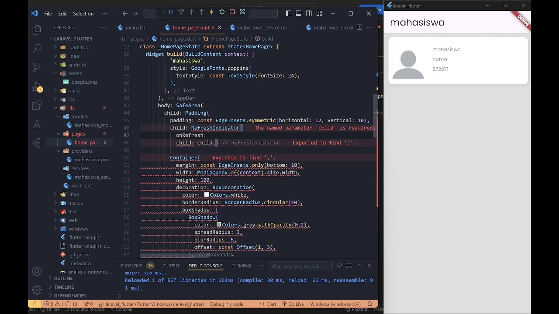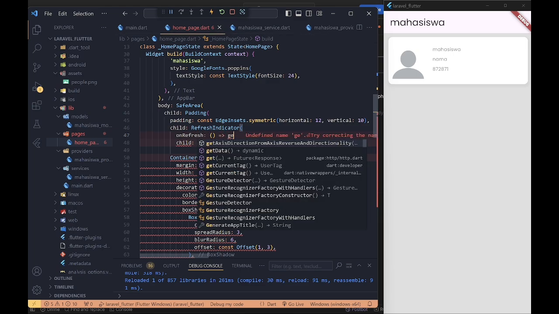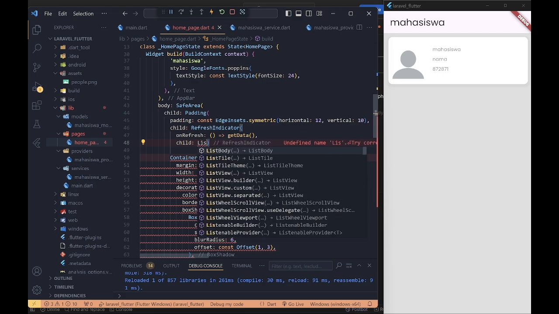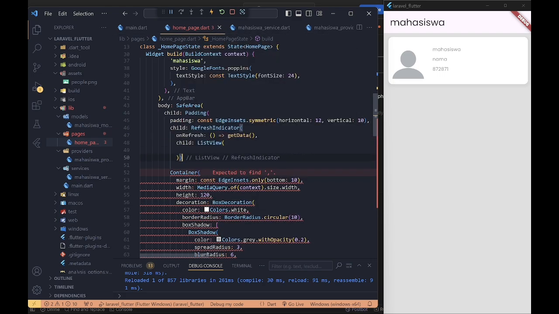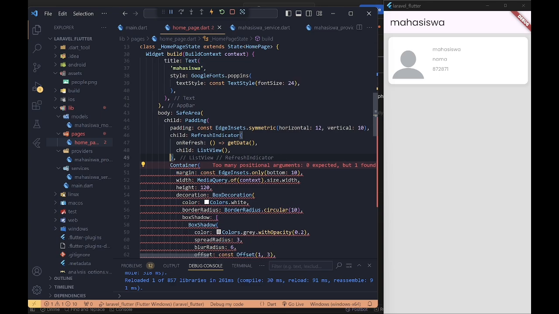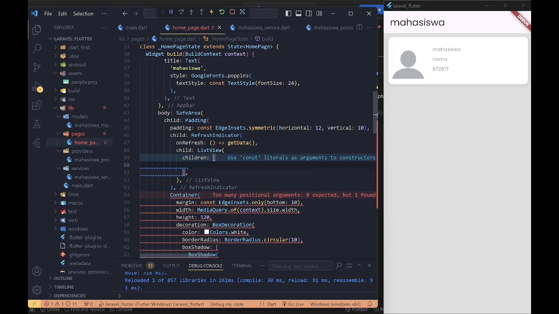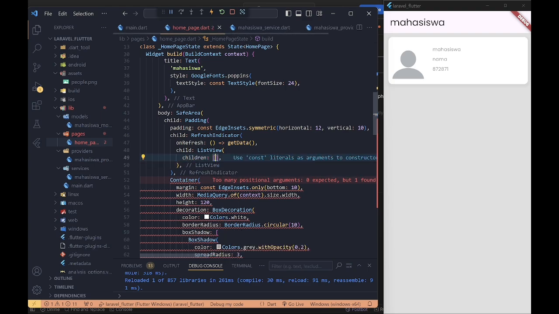And this I add onRefresh getData and child ListView and children.